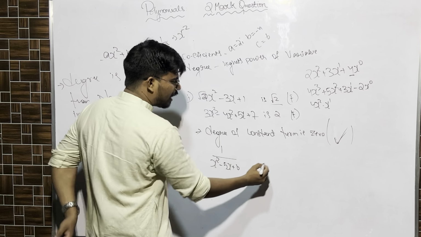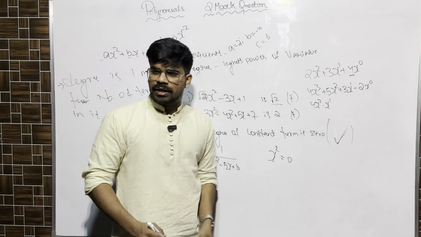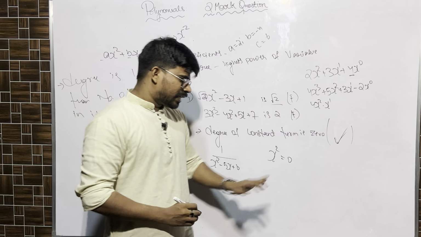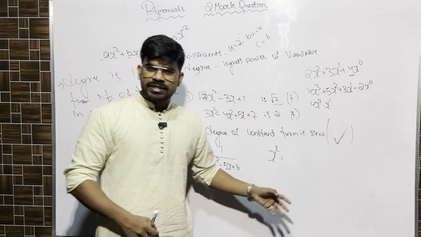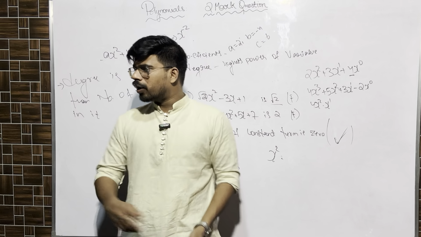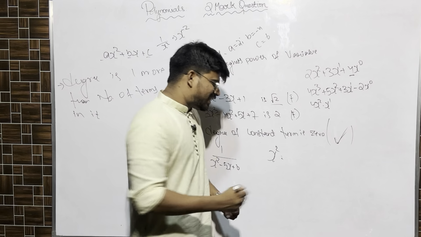For example, I just have this x square is equal to 0. Is this an equation or not? That's an equation. If I remove the 0, this is an expression, x square. What is this degree? In the variable, power 2 is there. So it is 2. According to this logic, he is telling degree is 1 more than number of terms. How many terms are there?